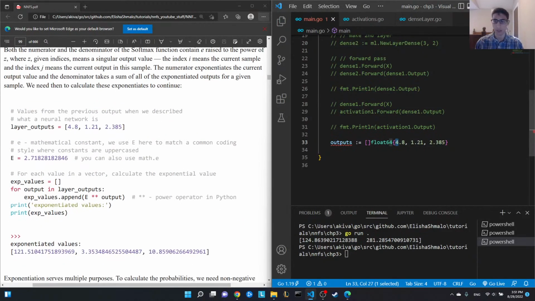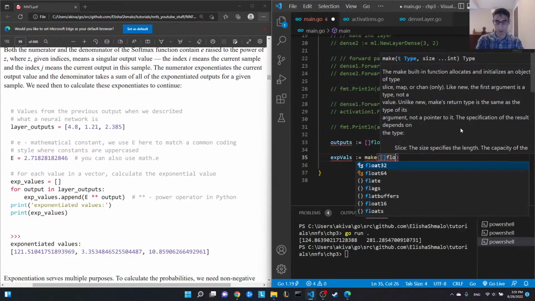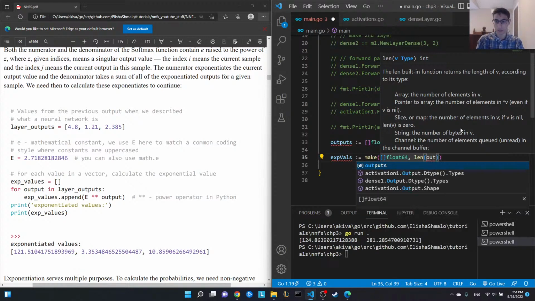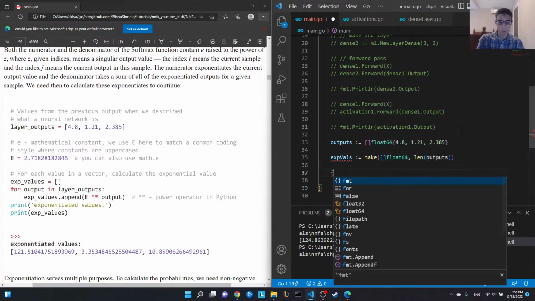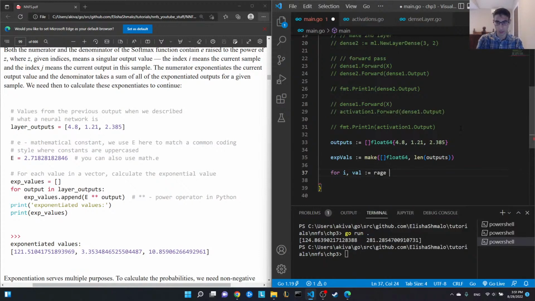So let's come over here, and this is a great way to do it in Golang. We'll say xvals colon equals make a slice of float64 with a size of the length of outputs. Great, and now we can loop through for i, comma, val, colon equals range, and there's no,